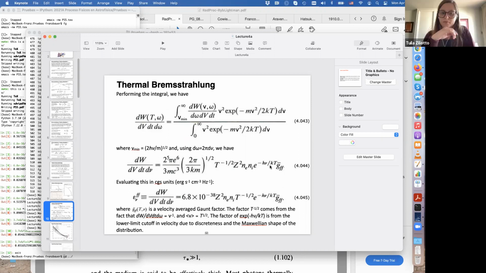Professor, yes. I have a question about the infinity value of the integral. We have the limit of the velocity of light. I didn't understand. Between Vmin and infinity, this is between 0 and infinity, is what you're asking. Yeah, right. So basically, we could take this from 0 to infinity, but the issue is that